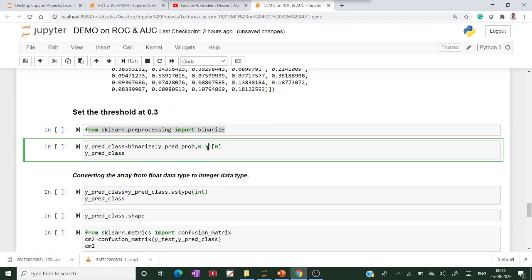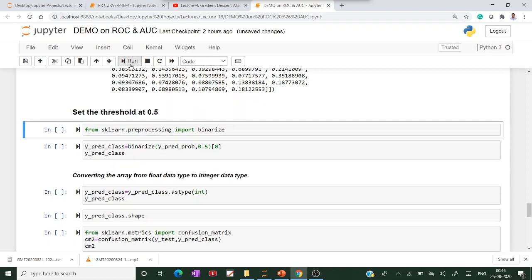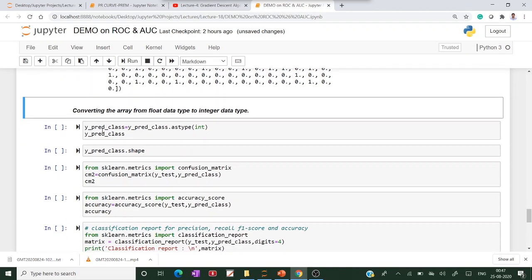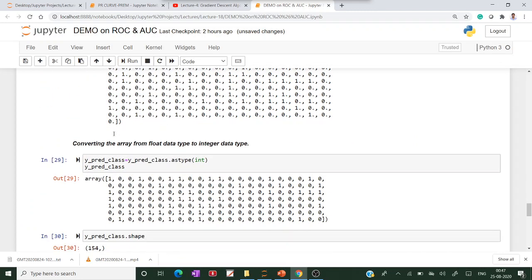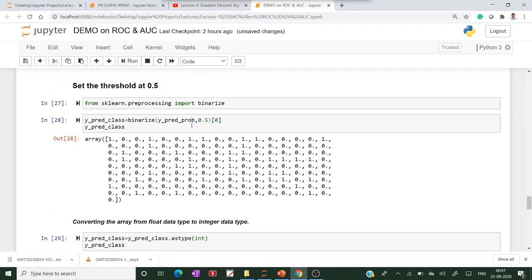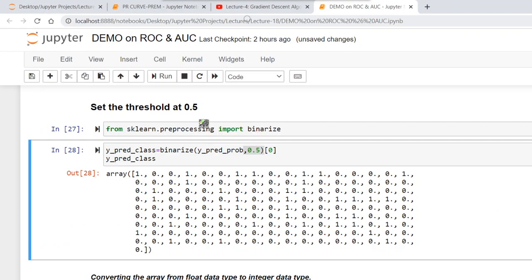Suppose here I set the threshold value manually to 0.5 and execute. If you see here, when I set the threshold value 0.5 manually, we are comparing the values. I will show you.